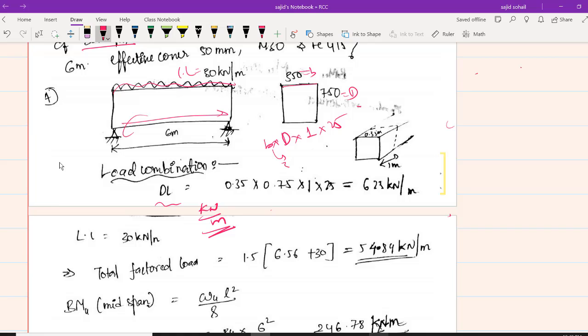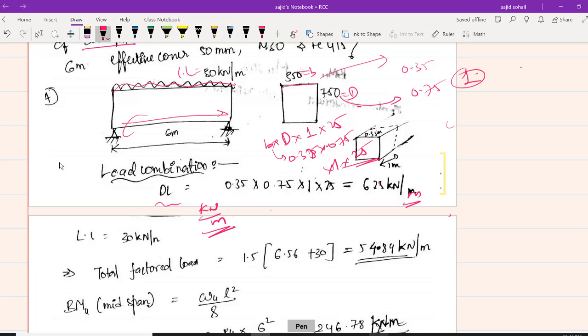So breadth is 350. See, let us be very careful. 350 is in millimeters, so you have to write it in meters. It will be 0.35. 750 is also to be written in meters, so 0.75. What is the length? I'm taking per meter length, so 1. So I get 0.35 into 0.75 into 1 into the unit weight of concrete, which is 25. Just multiply, and you will get how much dead load is acting per meter length. How much is it? You must be getting somewhere around